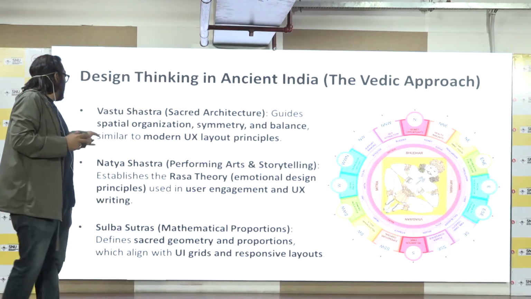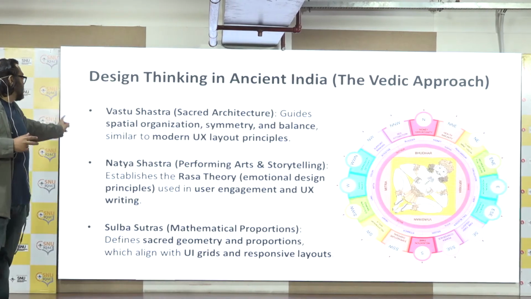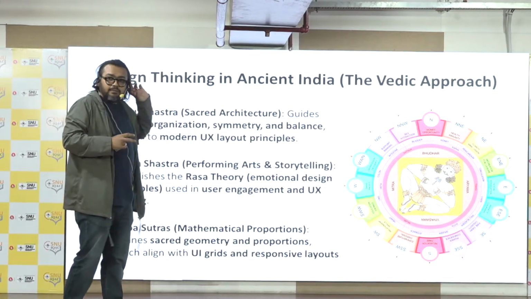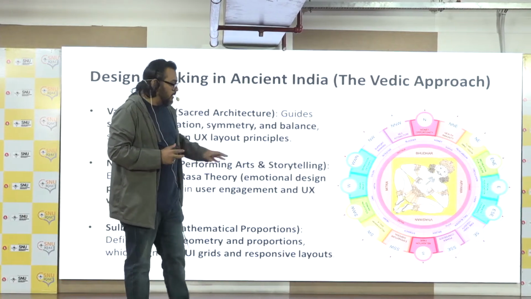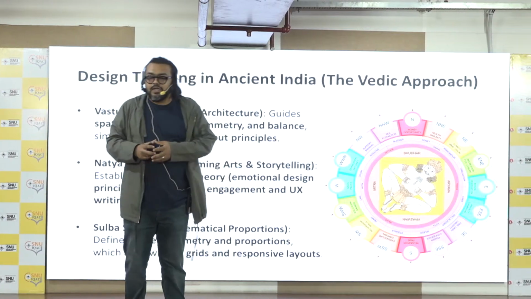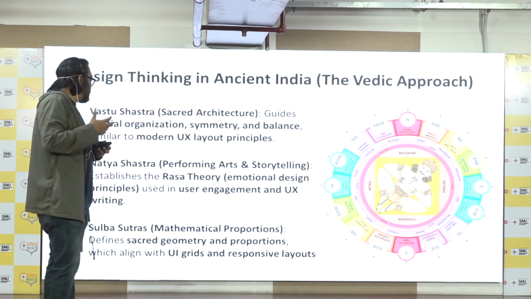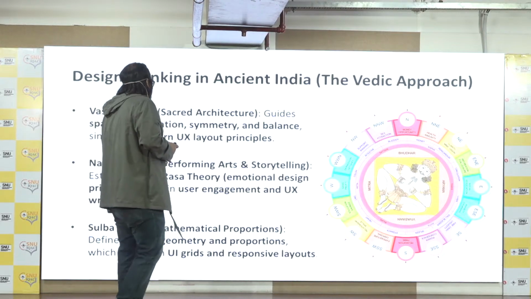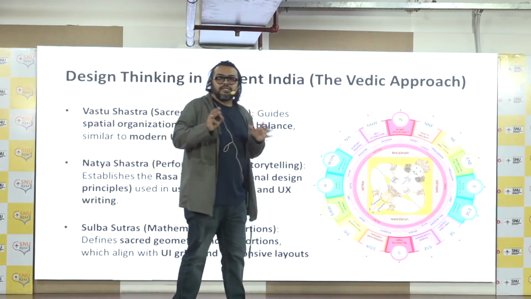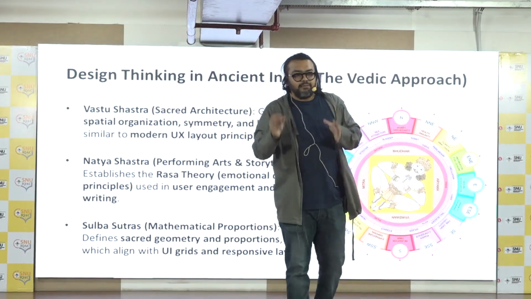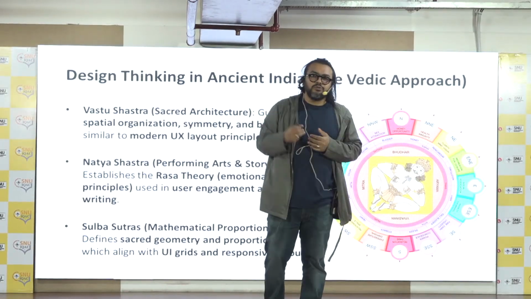Now, what I'll be talking about is two things. One is Natya Shastra, and the other one, and my main or core focus, will be on the Sulba Sutra. Now, Natya Shastra is something that we have evidence or proof of. And here we have something called the Rasa theory. We had an IKS lecture way back about Rasa theory, so I'll not go into Rasa.